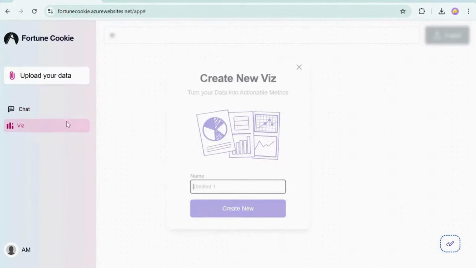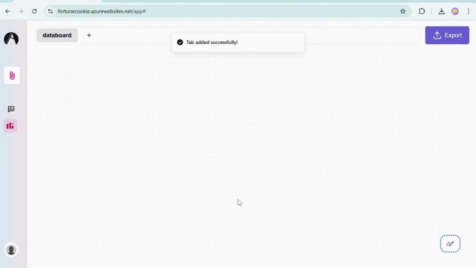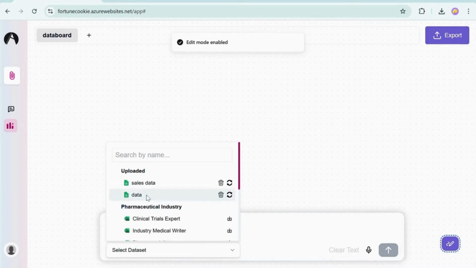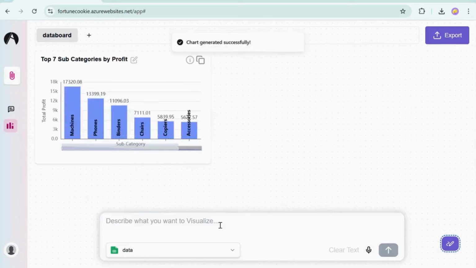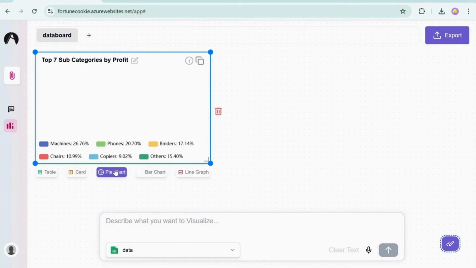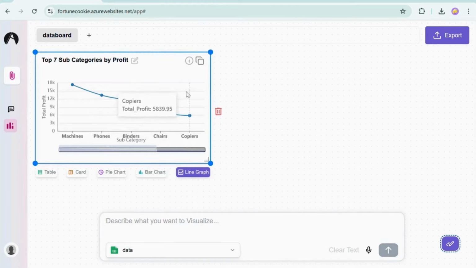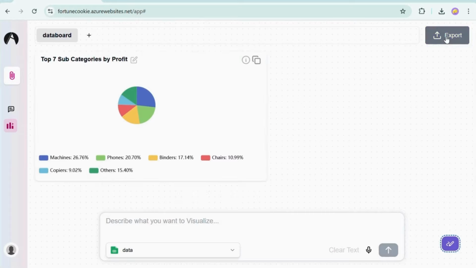Now, let's go further with our dynamic canvas board, also known as this. Start by creating a Viz file. Then enable the edit mode and select a dataset and ask a question. This generates the perfect chart, plus other visualization options to choose from. If needed, you can easily copy the generated chart and paste it into external platforms like PowerPoint, chat applications, or over email. And when you're satisfied with your visual story, you can export it as a report and share it